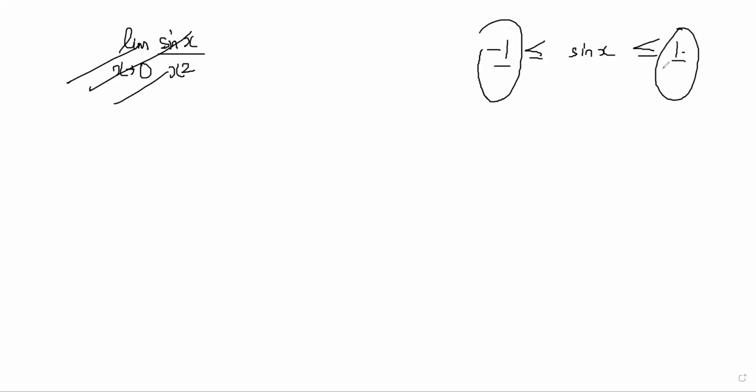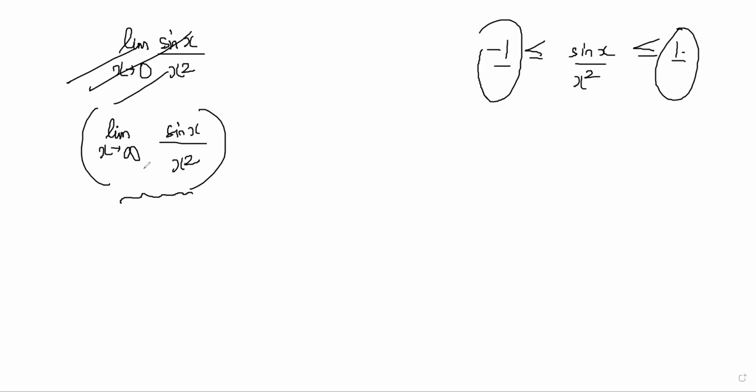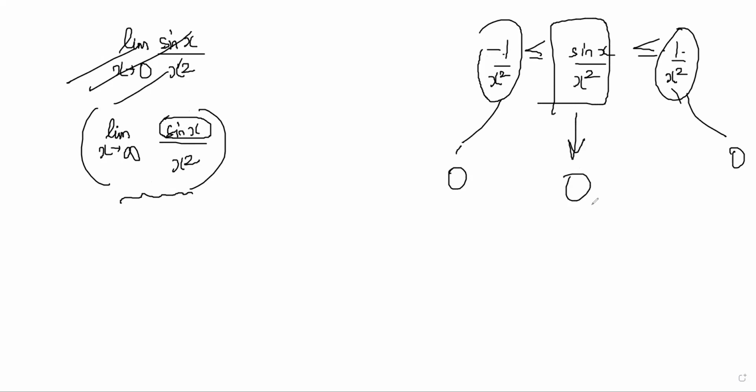If you construct another example where minus 1 by something and 1 by something both tend to 0, as x tends to infinity, you do this. Right now you will not be able to immediately say what this will be because you don't know the value of this part. But because we know sin x has to be between minus 1 and 1, you can say that it is like this. Now this limit will be 0 and this limit is also 0, so this has to be 0. Examples like this you will see.